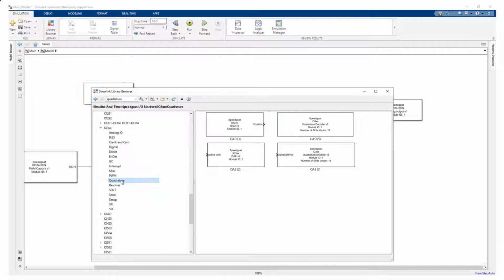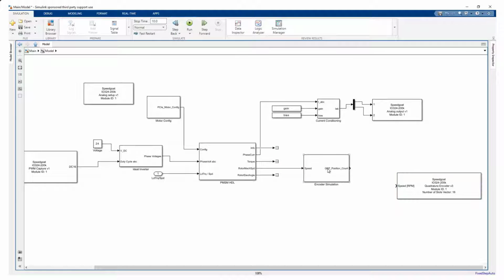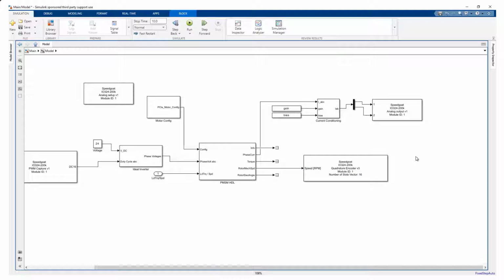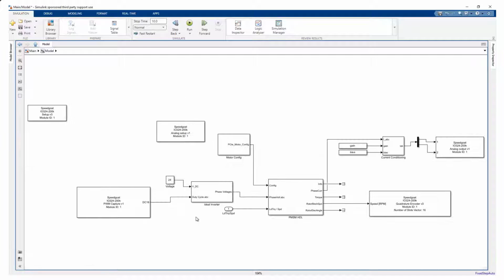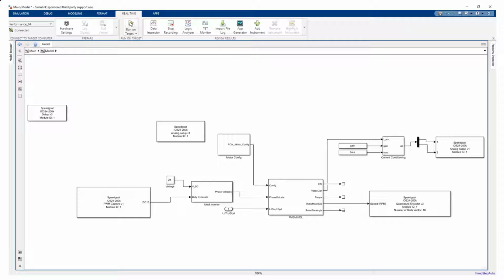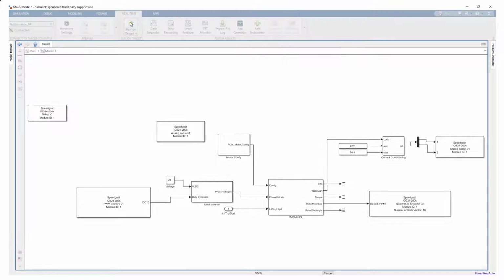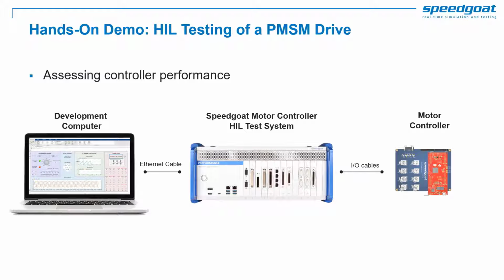Last, we want the position feedback, and we'll use the quadrature encoder block for this. It directly takes the speed of the motor as an input. We are now ready to run the model. We can use this configuration to verify the deployment of the algorithm on the TI Launchpad and test the real controller performance.